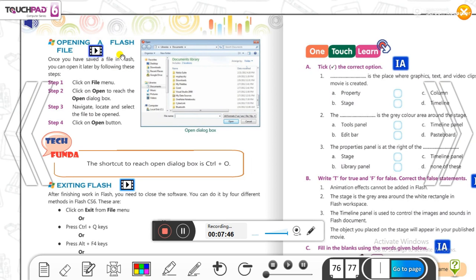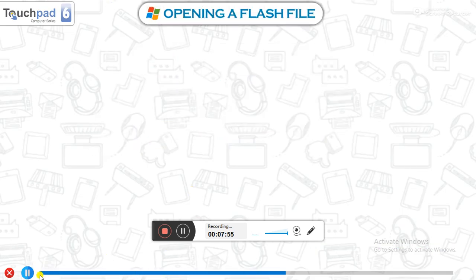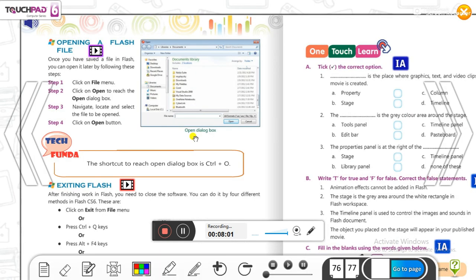If you want to open it, how to open? The very simple way: as you open a file in any other application, in the same process you can open your own file also.